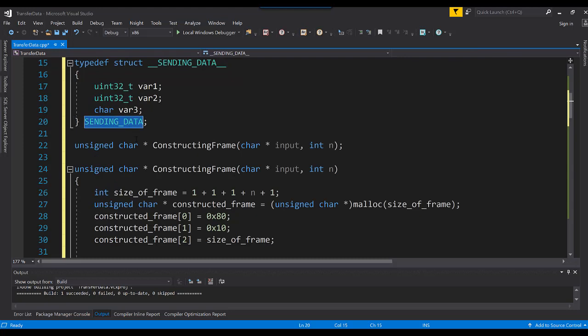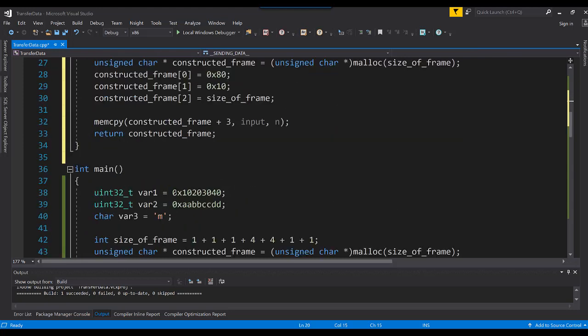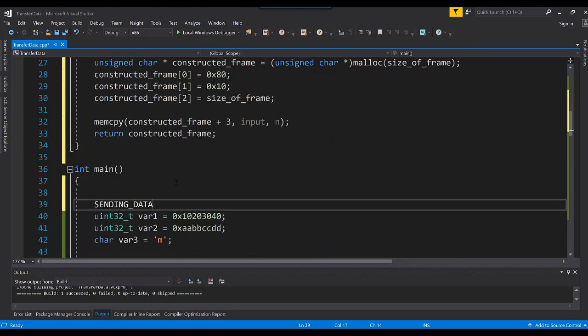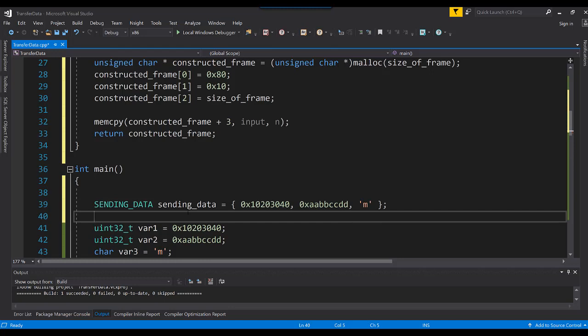We construct these structures and we will use here sending data, sending data call 0x10, 12, 34, a, bbccdd, and the last one is m. We want to send these structures. We just need to get a pointer of unsigned char of the sending data and fill the constructed frame. That's it. So memcpy, or